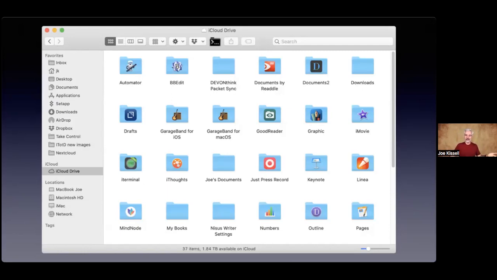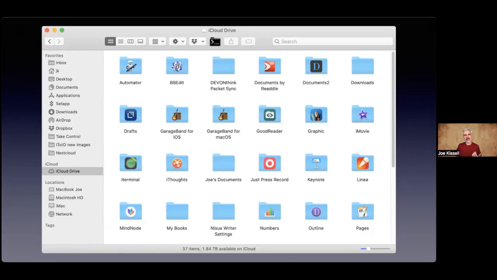You can drag stuff in, you can drag stuff out. You can make changes in them, you can copy them, you can delete stuff, you can add new folders. So if you want to store something in iCloud Drive, I'd like to have a Joe folder here. Great. Create a folder that's called Joe's Documents, and then you just drag stuff into it, and boom, it's in iCloud Drive. So at a basic level, that's how iCloud Drive functions. You have a copy on your Mac, and you have a copy in the cloud. But then it gets a little more complicated.